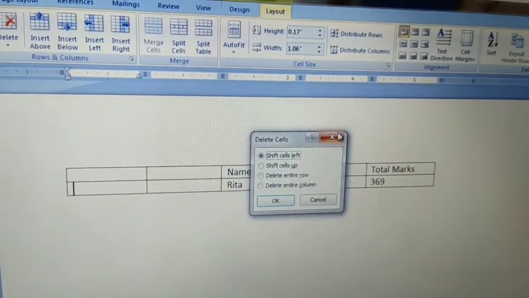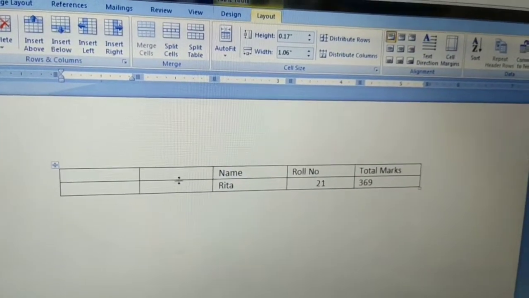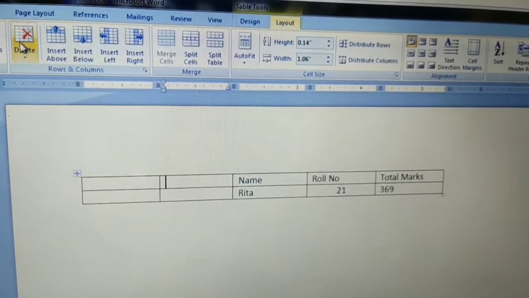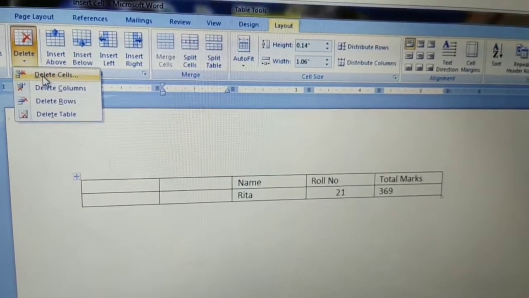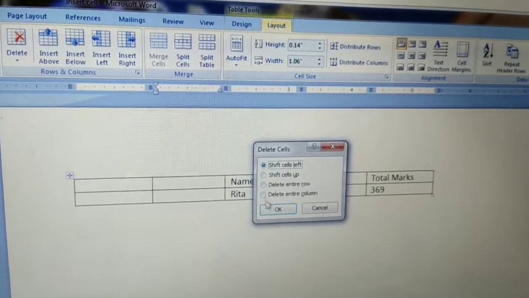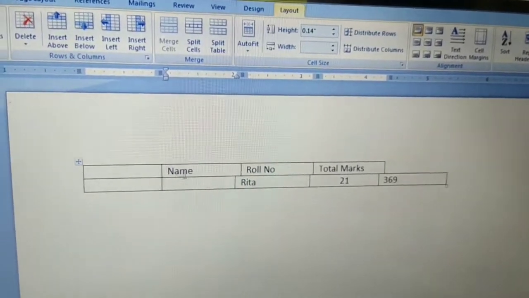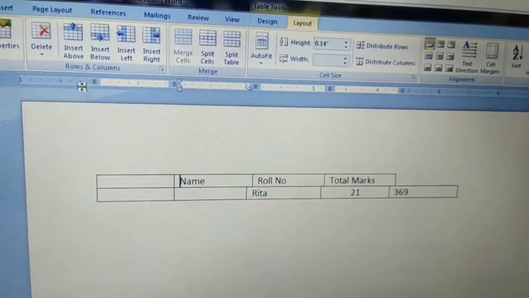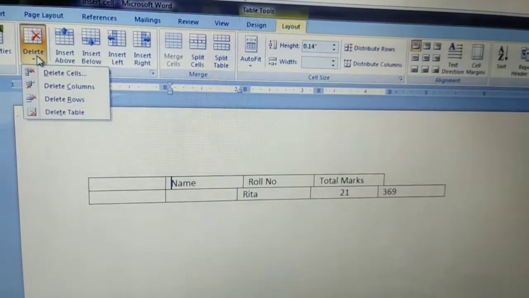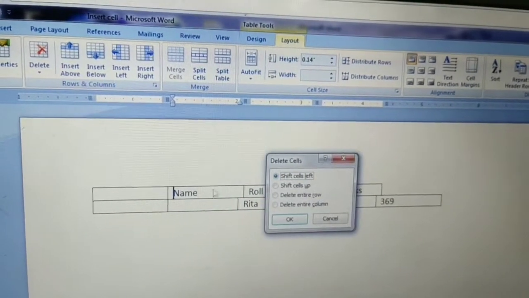First you have to select the cell, this one. Suppose I want to delete this. I'll click on this. Now see, this cell gets deleted. Only the cell gets deleted if you click on delete cell.